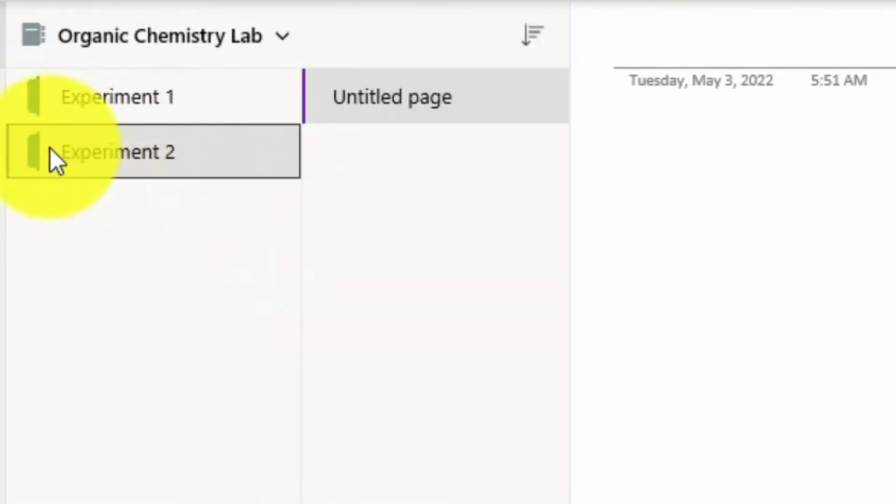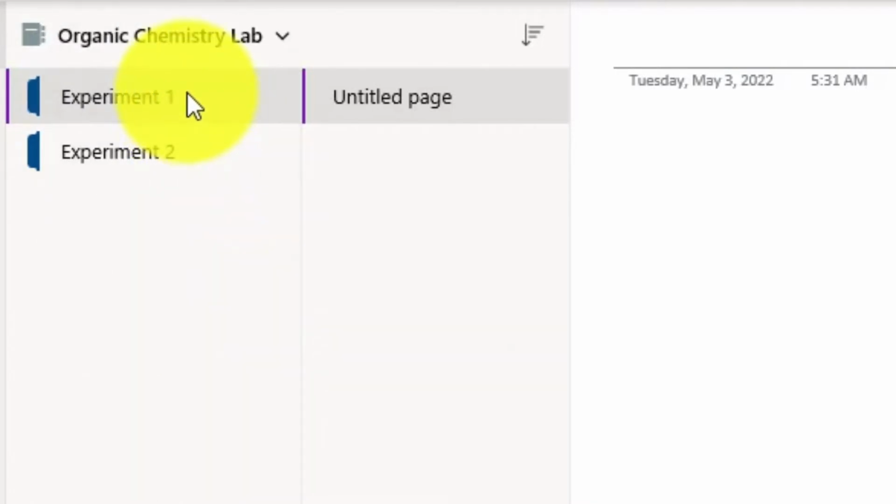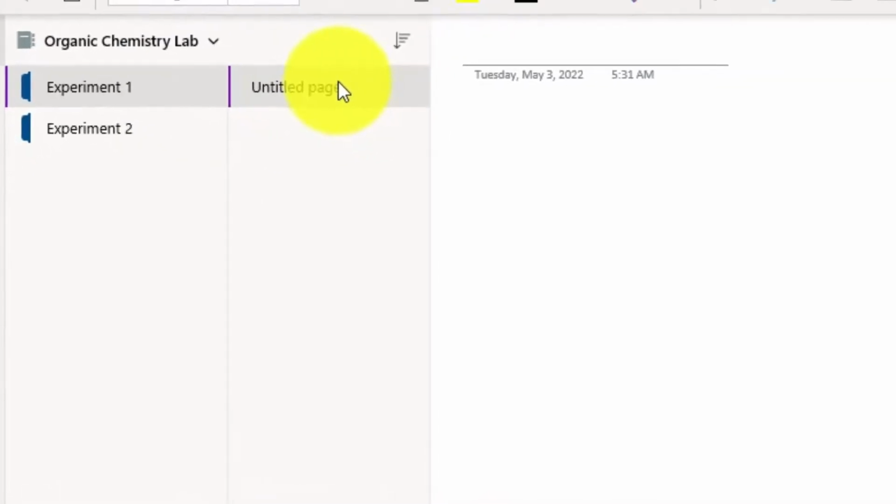Remember also that as you see the highlight in the unit, that signifies that you are working on that specific unit. If I click on this, it means that I am in experiment 1. If I click on this, I'm in experiment 2. So because of this video, we're going to look at experiment 1 and we're going to build on that by